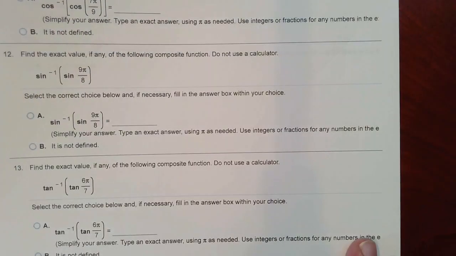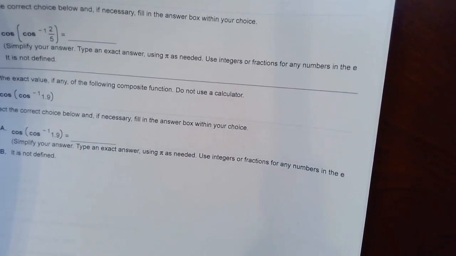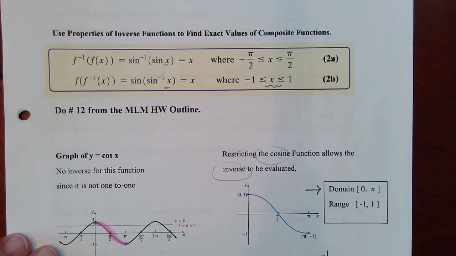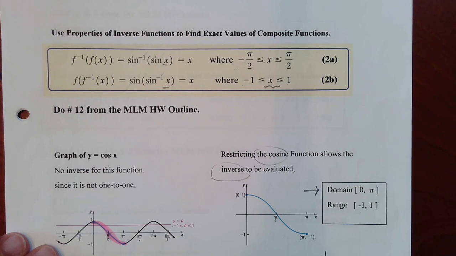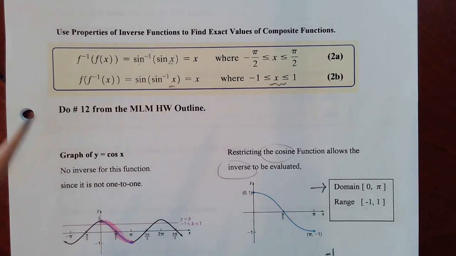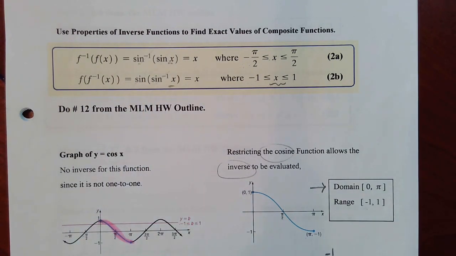Okay, let's go ahead and see if there's any others here. Looks like the rest of them are composite functions having to do with inverse sine, so let me go ahead and throw that at you. The definition for that would be right here. Composite functions, as I said, are double functions, one function substituted into another. What you want to look at for these problems is, is there an inverse sine on the outside or is there a regular sine on the outside? Because that will dictate the restrictions for that particular type of